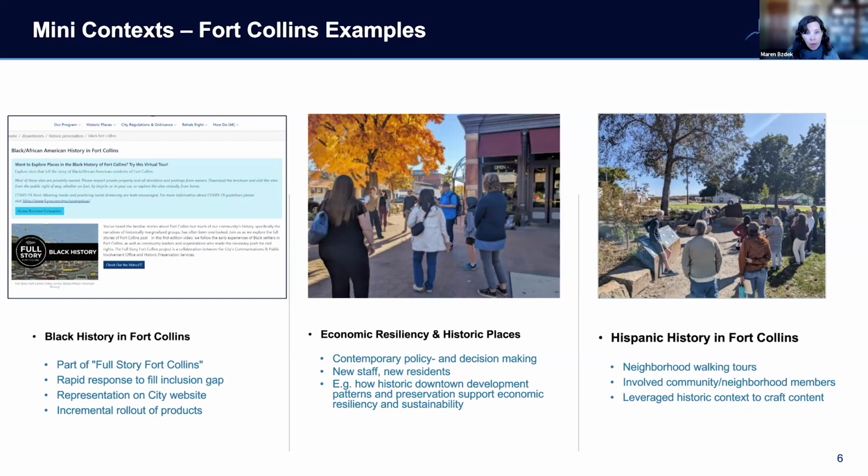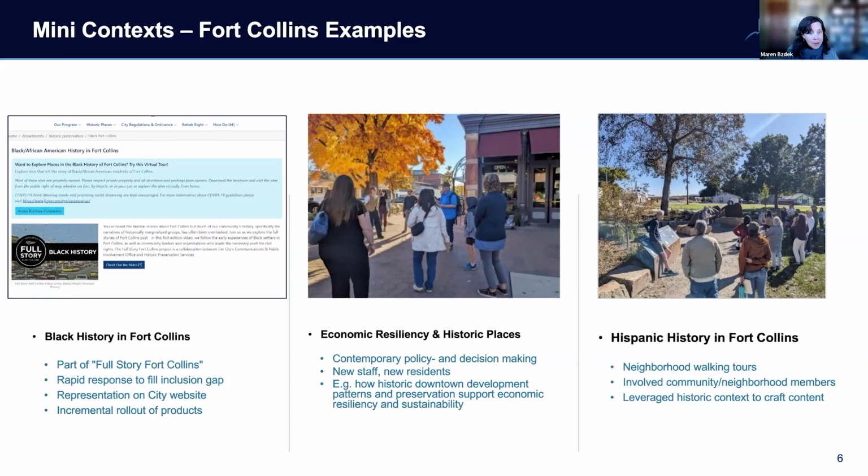We can involve them in creating content or participating in leading tours. And as we continue to amass new information, we're essentially just building out from that original context report that we had. And it's getting some age on it, so you don't want to just take it off the shelf and not question what you've got.